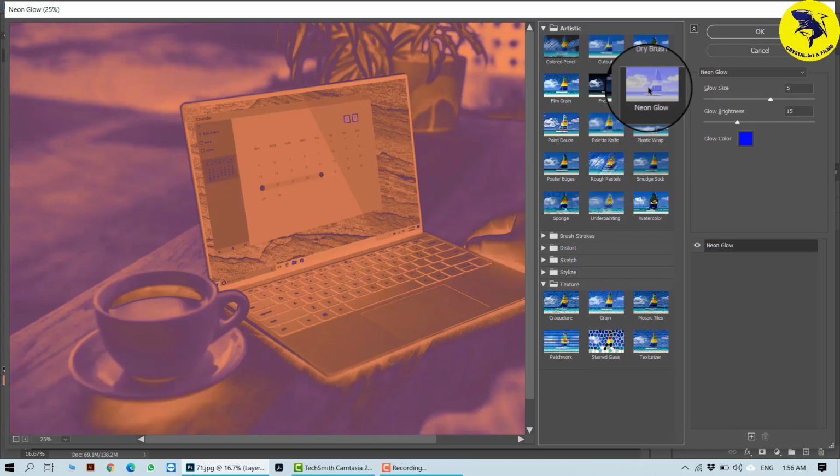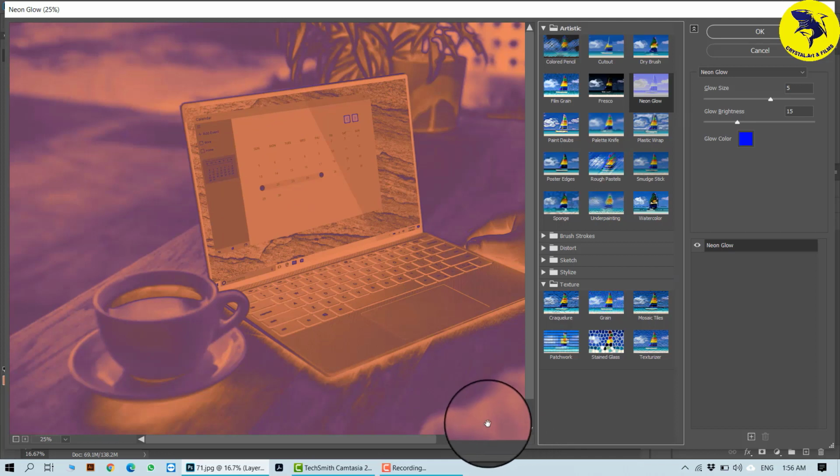Next, this is the neon glow effect. You might have seen nowadays the posters are being designed in orange and blue, red and blue, purple, all neon colors, like double color exposures and all photo manipulations. So for that you can use this, and see the effect on this picture. Imagine if I have to put this on somebody's face, it will look a very nice effect and it can be used for your social media. So those were your artistic ones. You can try out each and every one.